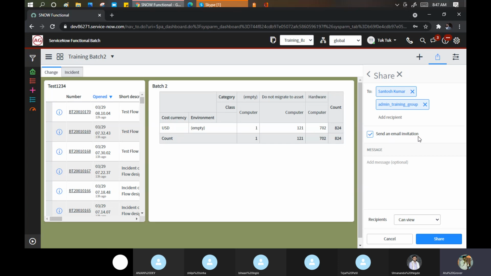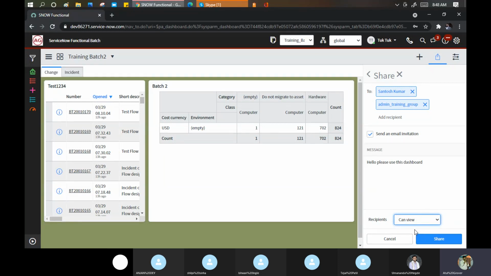Send an email invitation. I can send a message, which I put: Hello, please use this dashboard. And this is important, this option was not available in the reporting part, but this is available in our dashboards: can view, can edit. I say only view. They cannot make any changes.